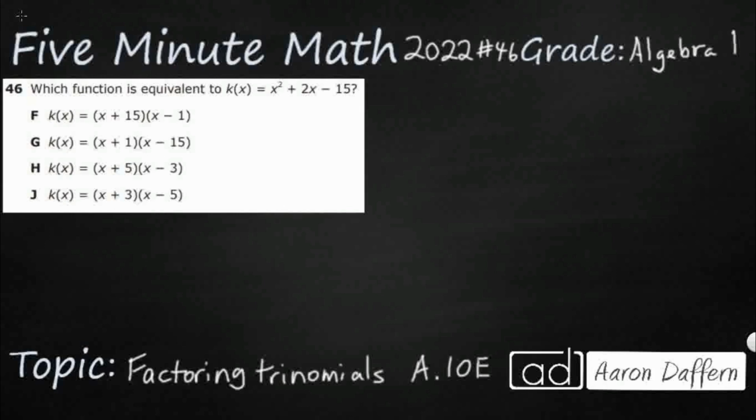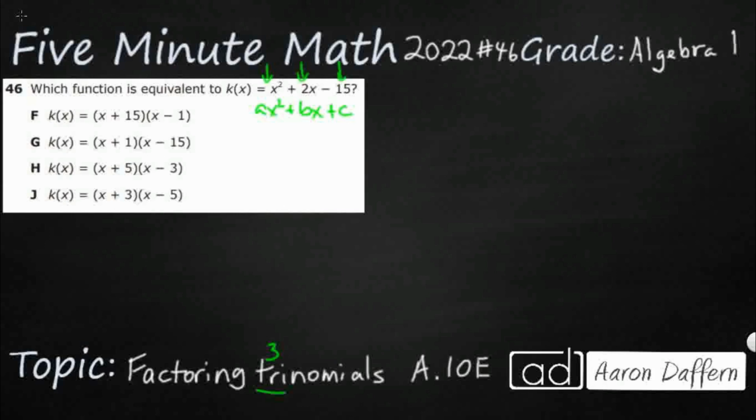So we have a trinomial here. That is an expression that's got three terms, so we're really looking at this one over here. Even though it's given to us as an equation, we don't really need that k of x. We're looking at this x squared plus 2x minus 15 because it's in this standard format of ax squared plus bx plus c. So what we need to do is we're going to grab the values of each of these